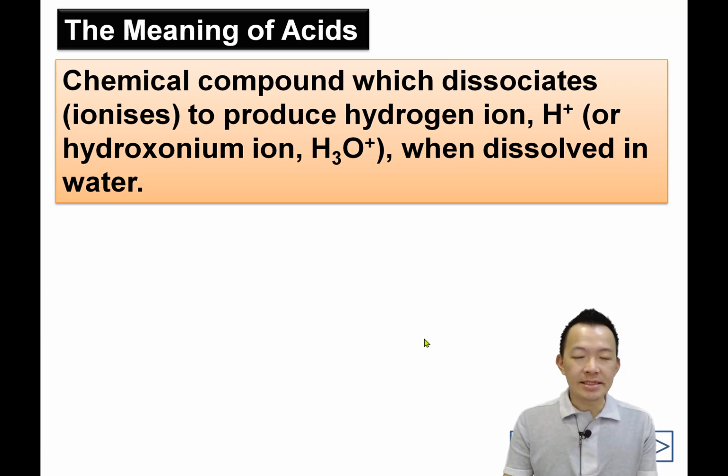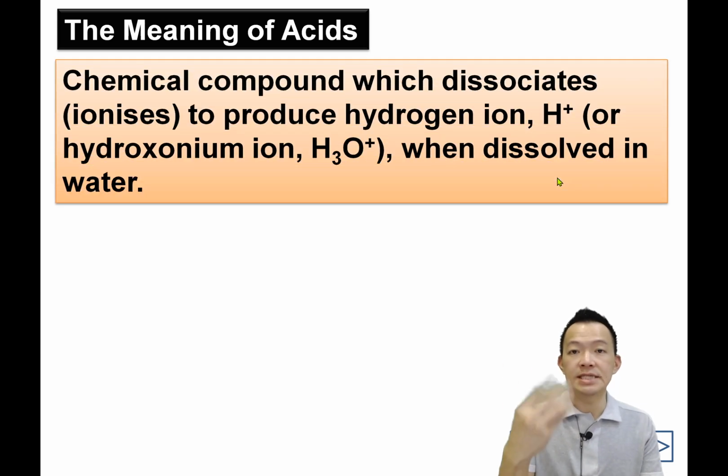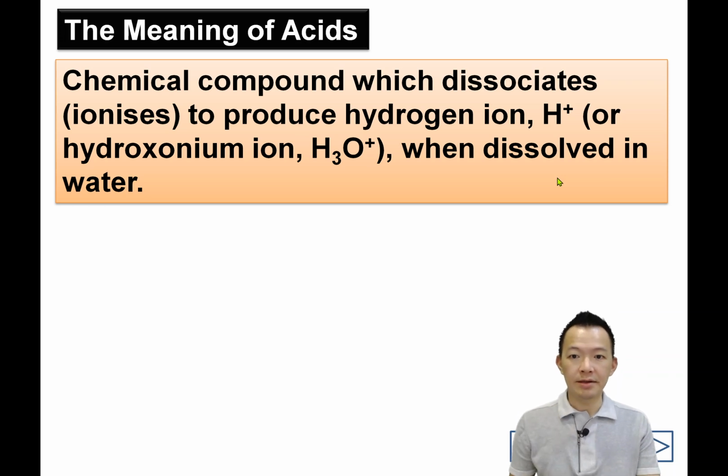Okay, so acid actually they are chemical compounds which dissociate or ionize to produce a hydrogen ion. Before I continue, what's meant by dissociate? 什么叫 dissociate? 解散啊。Associate 就是结合协会对不对，dissociate 就是分开解散。Or ionize, what's meant by ionize? 离子化变成离子。